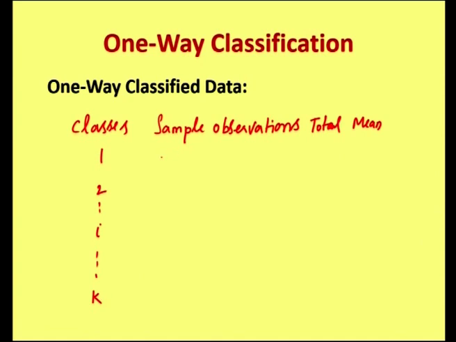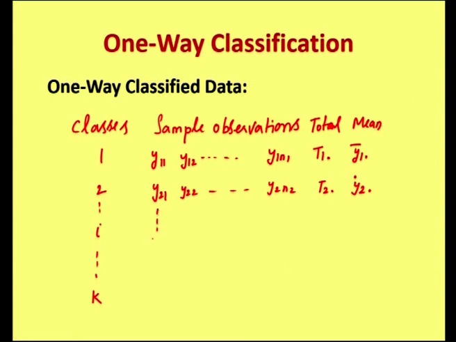For the first class, the sample observations are denoted by y11, y12 and so on, y1n1, the total is t1 dot and the mean is y1 dot bar. Second class we have y21, y22, up to y2n2 with total t2 dot and mean y2 dot bar, and for the ith class we have yi1, yi2, up to yini with the total ti dot and mean yi dot bar, and finally for the kth class